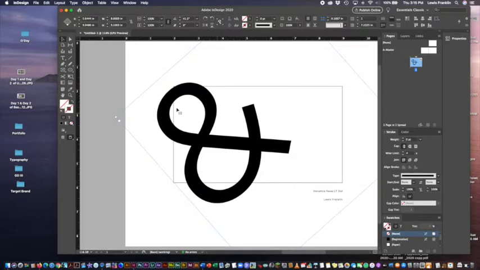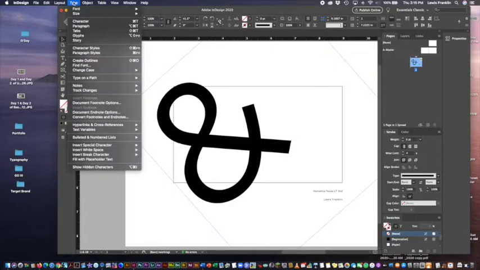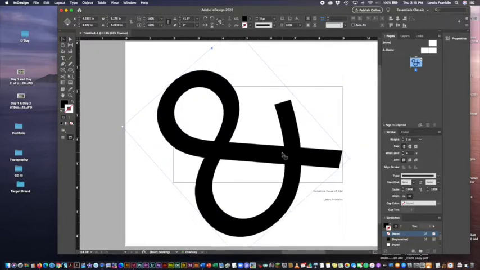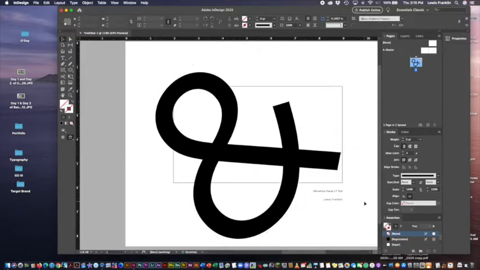And if you know this is the font you can use, remember that you can turn it into a normal object. So I can come up here to type, and tell it to create outlines. Now it's not a font anymore. It is an object, so it's much easier to manipulate. Much easier to mess with. Does that make sense? I hope it does. So there would be one of my documents. Then if I was going to make some more,